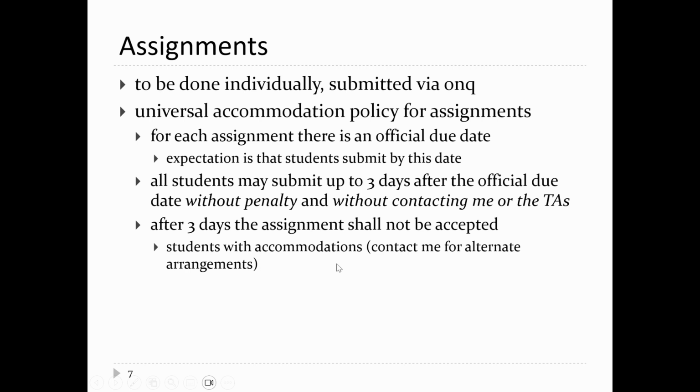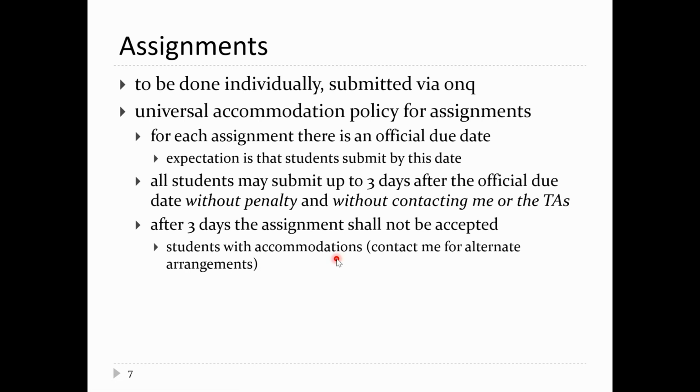Unless you're one of these students with academic accommodation, and it's one of those 7-day or up to 7-day accommodations, you have to contact me ahead of time and tell me that you need to use this for some reason, and then we'll try to do something about it. I may say no, especially for assignment 2 or 3, whatever assignment is before the test. I try to make sure that you get the assignment solution before the test. So if you need a 7-day accommodation for that particular assignment, I'm probably going to say no to you. So just keep that in mind.